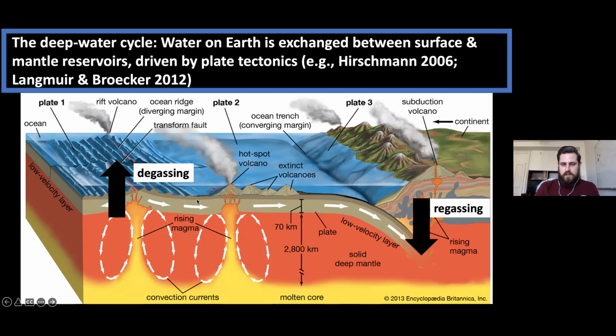And as it's traveling towards the subduction zone, its structure becomes hydrothermally altered, and it incorporates water into its molecular structure. Eventually this hydrated slab is forced back down into the interior of the Earth. And while a lot of the water will boil off and contribute to these subduction volcanoes you can see above, some of the water will continue from the surface back into the interior. And so water is regassed from the surface into the mantle, and that really completes the deep water cycle.